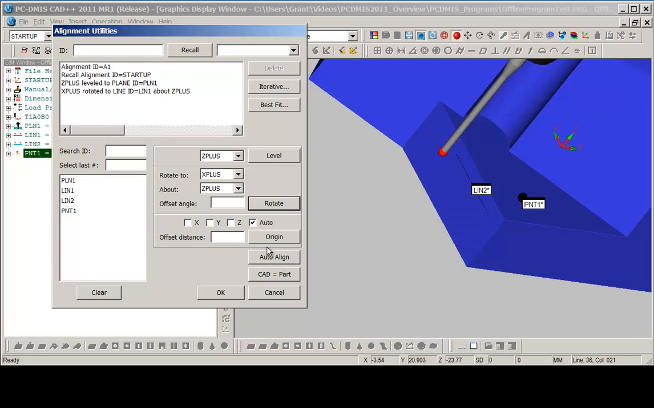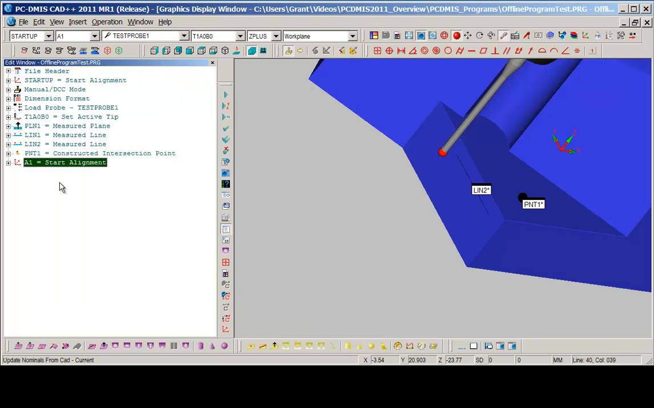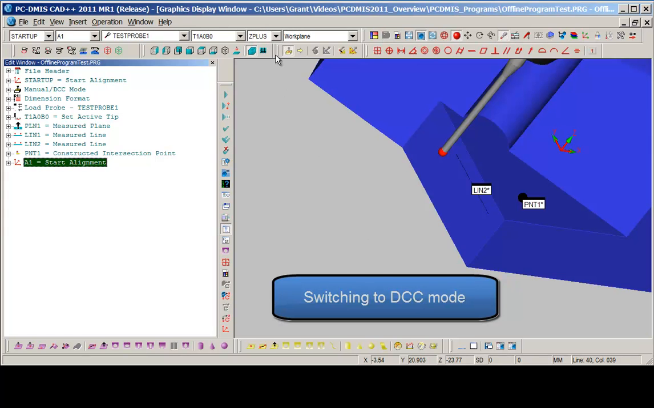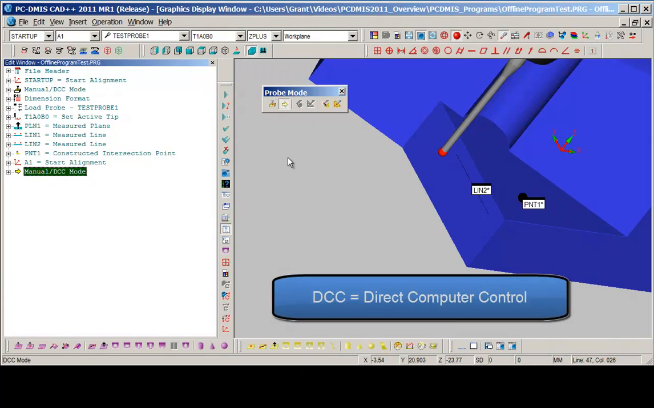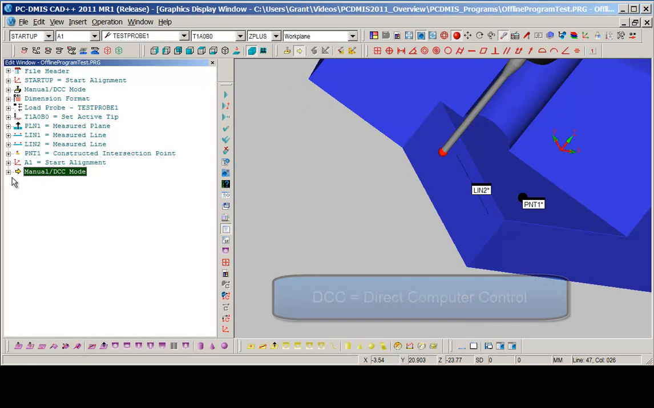I now need to set some origins. I'm going to grab our plane and set the Z origin on the plane. I'm now going to take our intersection point and set our X and Y origins on the intersection point. We select OK. Inside of our edit window, we've now built an alignment. We can now switch our part program to automatic inspection. We'd use this toolbar here labeled Probe Mode, and we're going to select DCC mode to switch our part program into automatic. Again, inside the edit window, we have a command